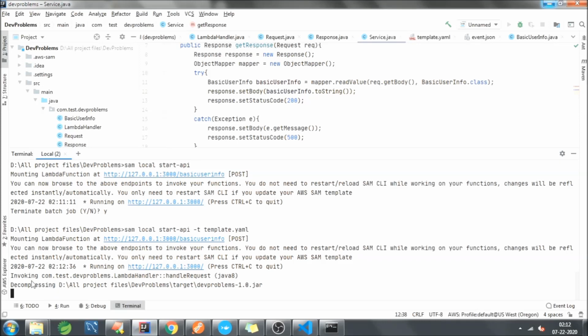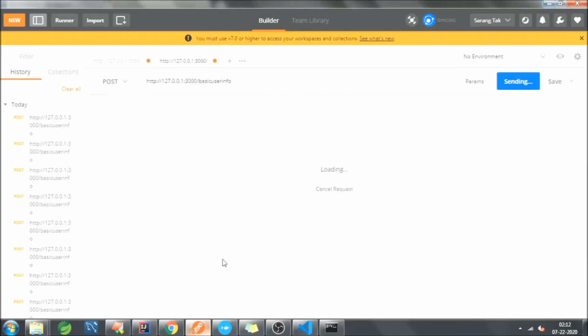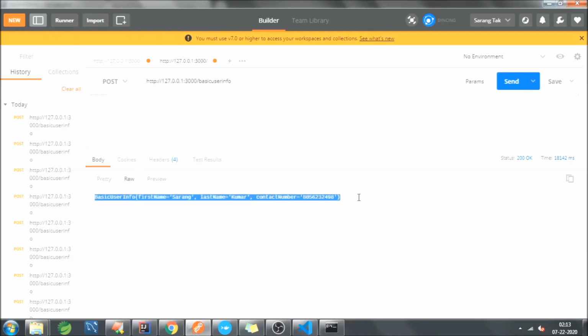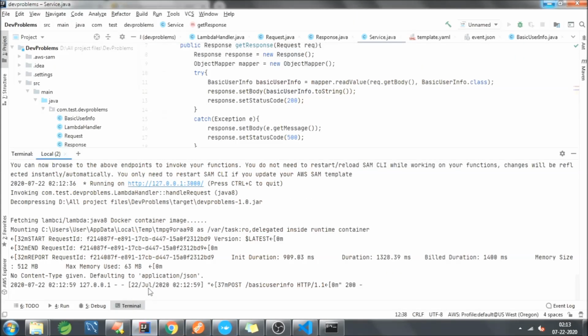Again, in the background the jar is getting decompressed and the Docker container will start. Okay, the container has been started. Now we will get a response. Yes, we are getting the response as expected. So now we have tested the API Gateway locally.